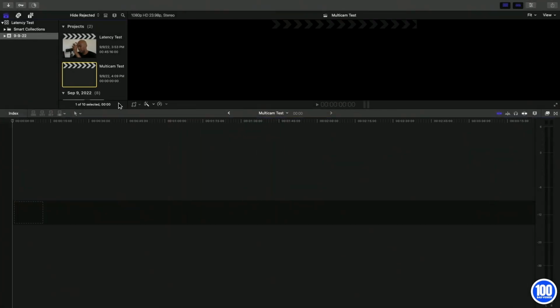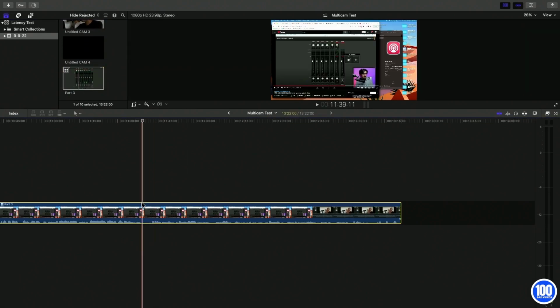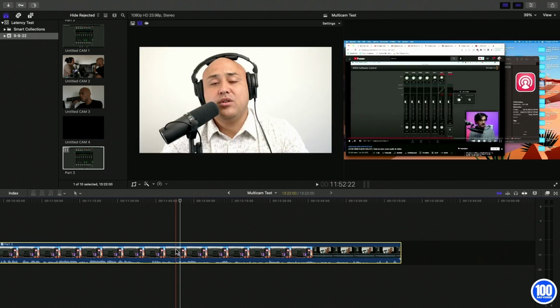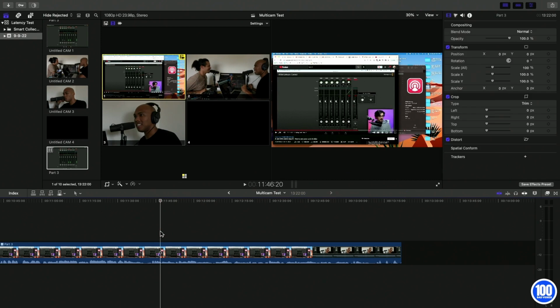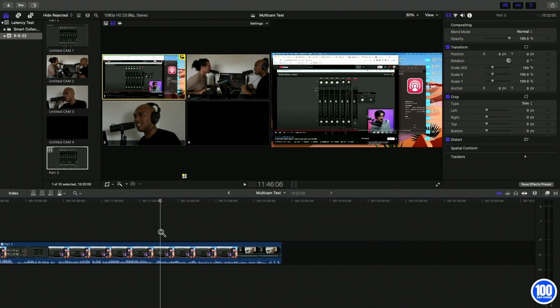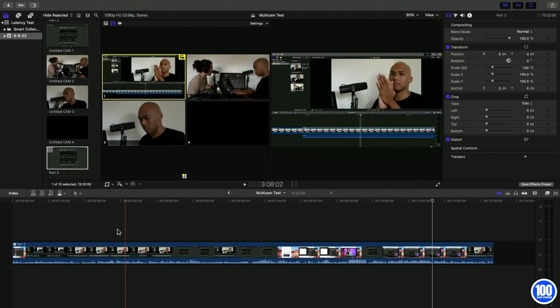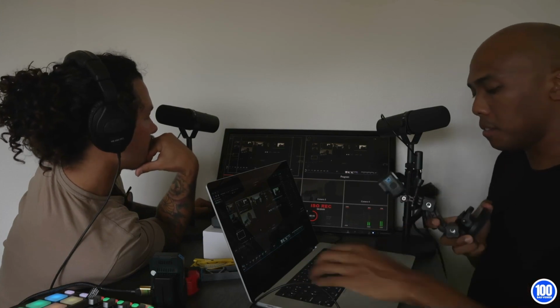So if I take this multicam test project, where's my multicam file? It's probably at the bottom. There you are. Boom, drop that in, right? And right now it's on angle or camera 1, which is the screen. I'll go ahead, pull up my angles and my inspector. Very nice. Right? And what I would do now is the speed edit. I'm just using 1, 2, 3, 4 with my 1, 2, 3, 4. So as I'm going through it